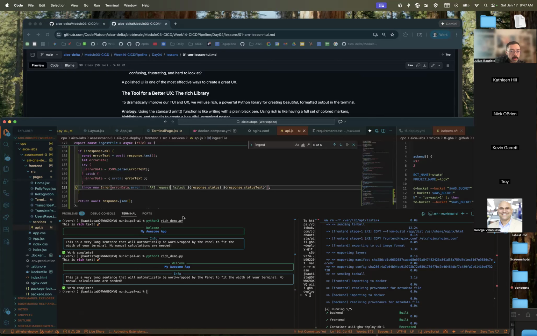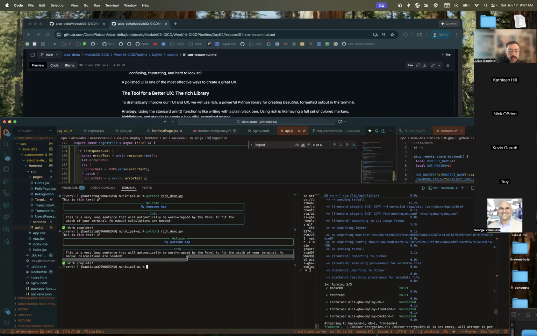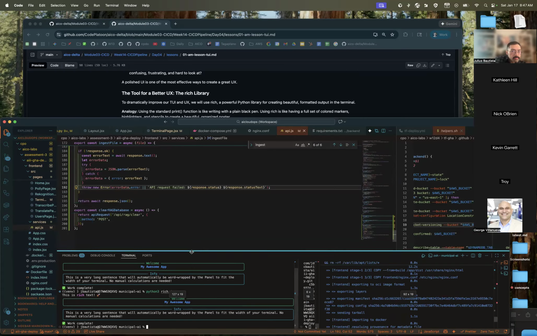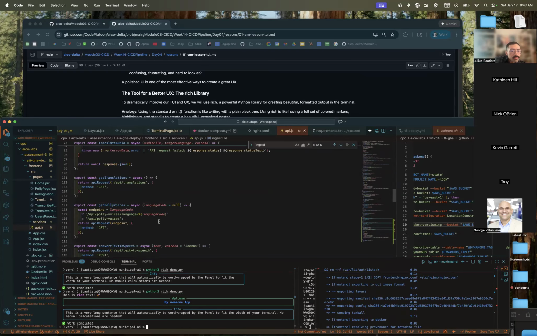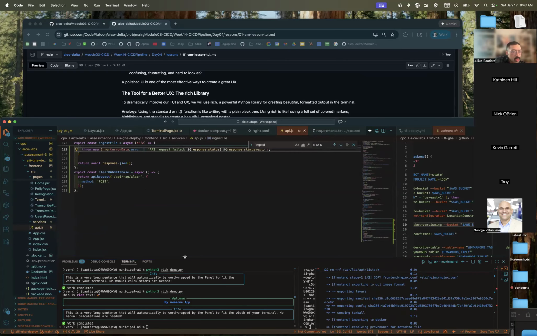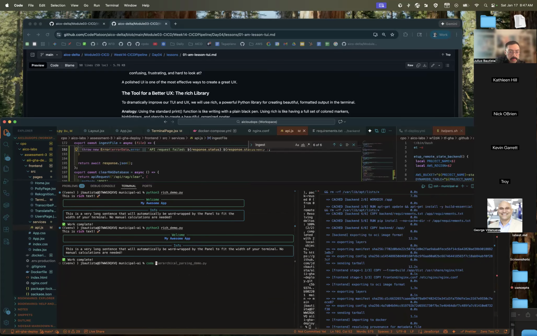This is pretty straightforward. First, you're going to want to pip install Rich, and maybe run pip freeze to add that to your requirements. Oh, let me open that file up actually.